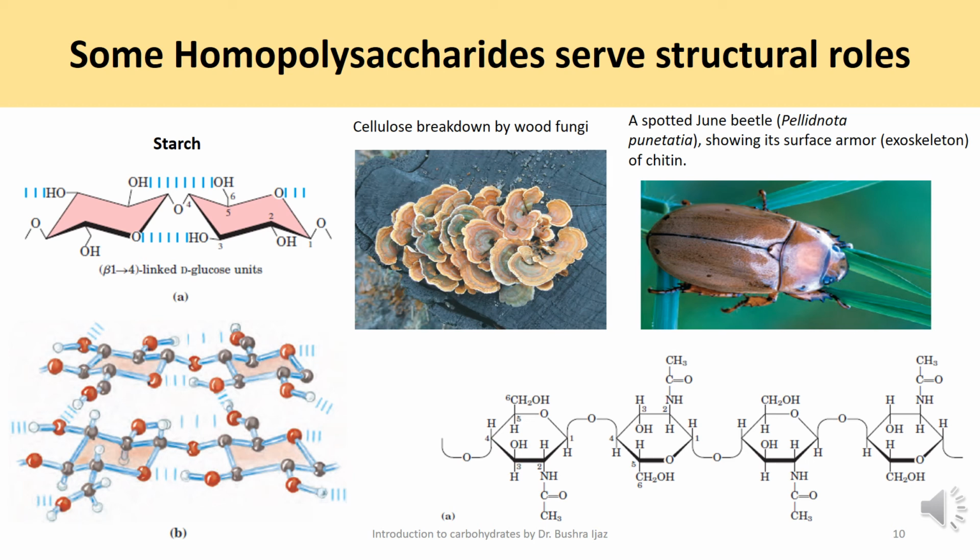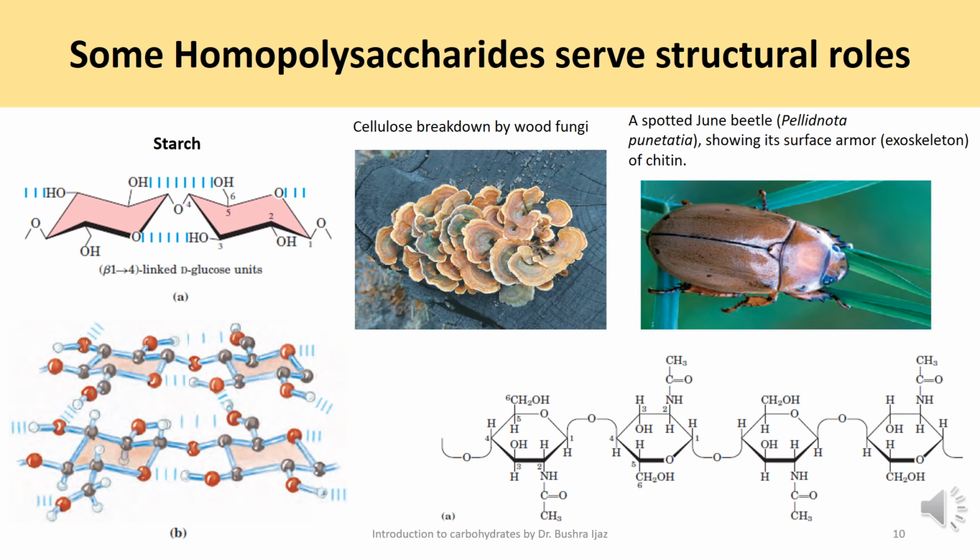Chitin, which is another example of a polysaccharide, is a linear homopolysaccharide composed of N-acetylglucosamine residues in the beta linkage, as shown here. The only chemical difference from cellulose is the replacement of the hydroxyl group at carbon number 2 with an acetylated amino group. Chitin forms extended fibers similar to those of cellulose, and like cellulose, it cannot be digested by vertebrates. Therefore, if you eat an insect, you won't be able to digest it.